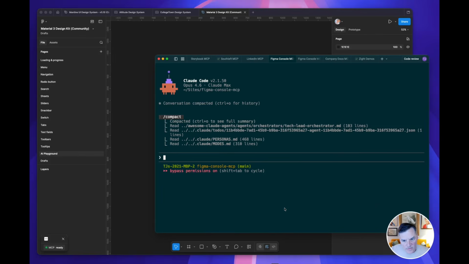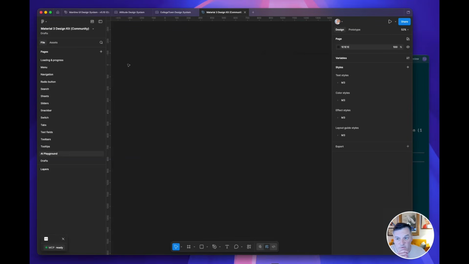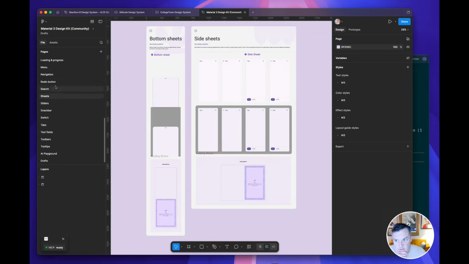And one thing that I want to do in this demo is show just some pure design creation straight from the mind of Claude in partnership with the Figma Console MCP, along with a really well done design system, and then just to see what it could do. No visual aids, no real fancy prompting, just let's see what Claude can do with what it's given with the tools from the Figma Console MCP and the design system. So right here, I'm using the Material design system. It has standard Material